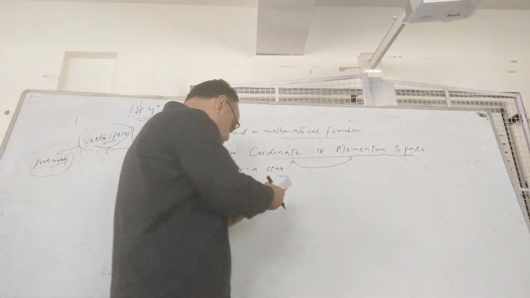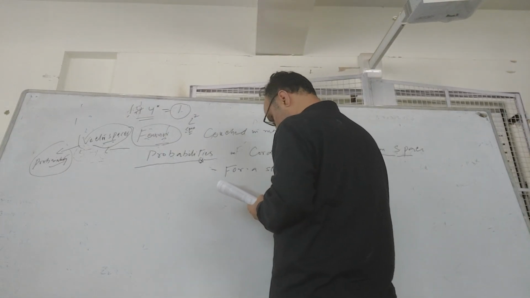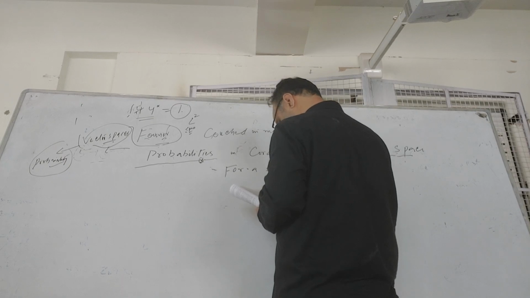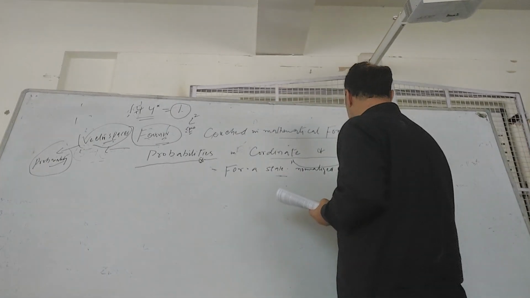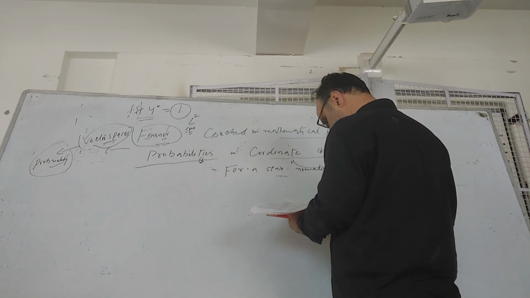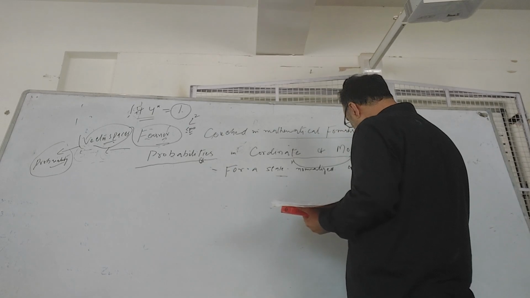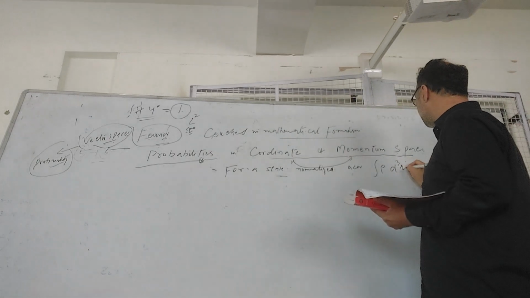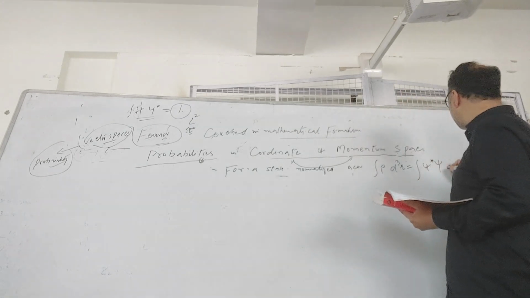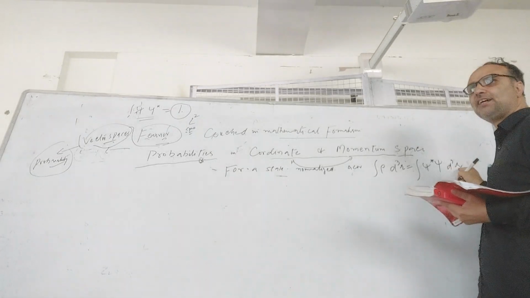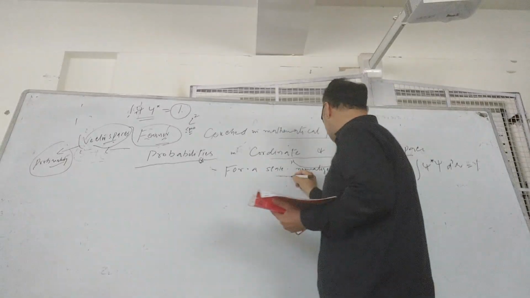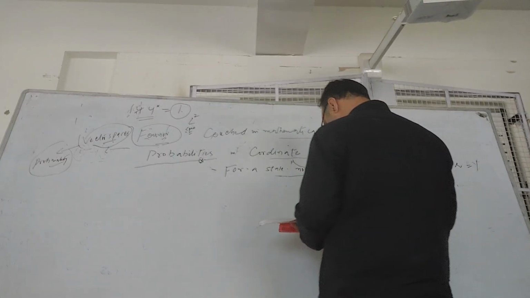So हमारा ये है कि how we can, for a state normalized according to the condition 3.9, जो मैं निकाल चुका था, psi star psi d3r equivalent to 1. So for a state which is normalized according to this thing, so what we are saying: